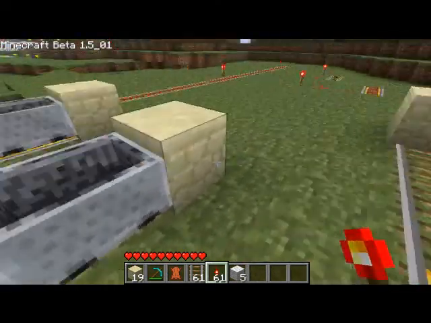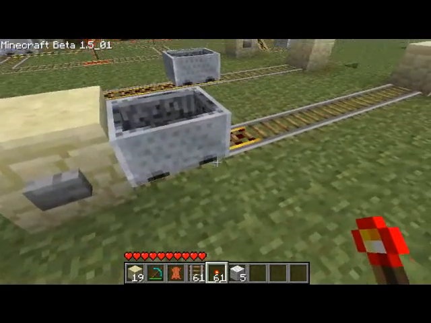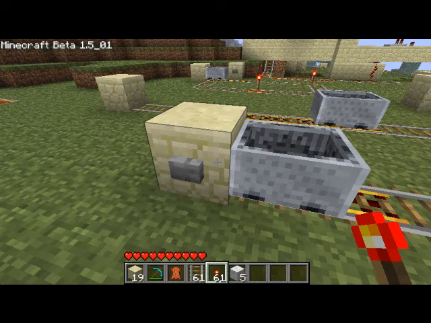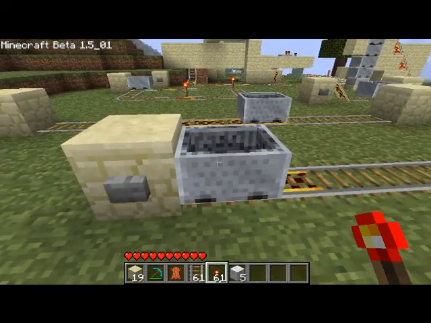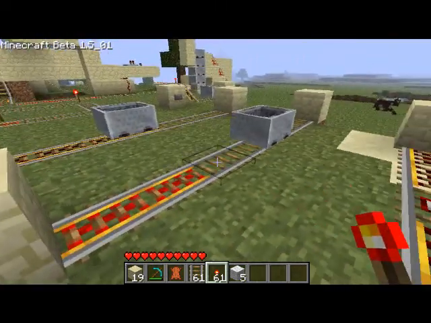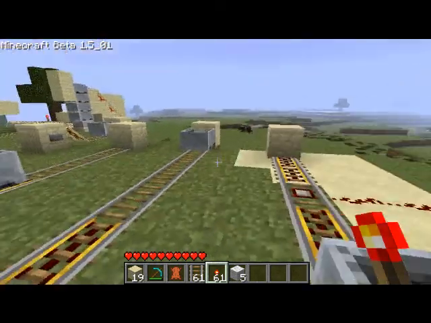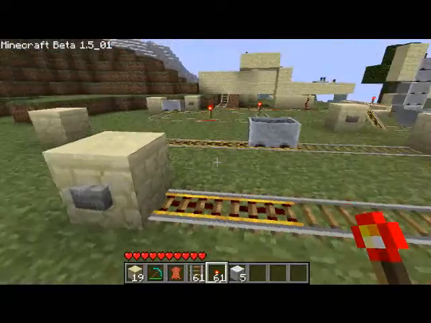user-friendly. The way you fix this is by having two powered rails up against a block. What this does is it provides a boost for the cart, like that. This can be used to create stations so that the cart will actually stop, you hop in, you push a button, and then you